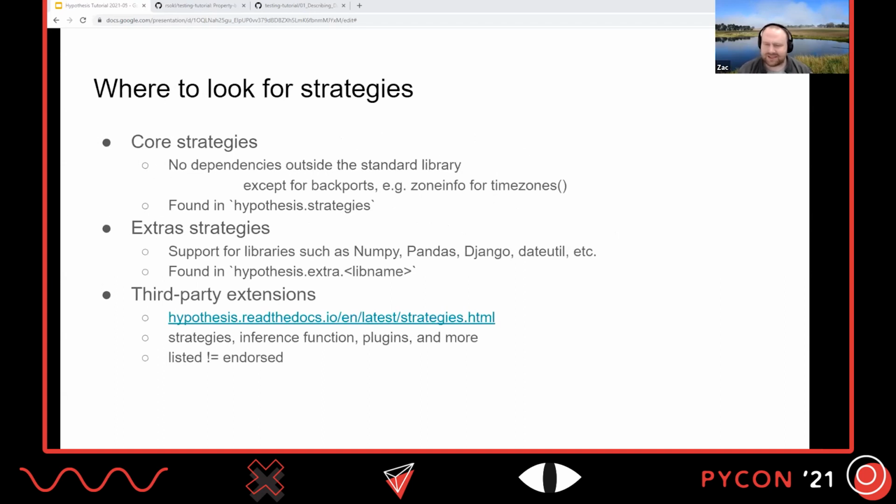All right, last topic for the describing your data section is where to look for all of these strategies. So the first place, of course, is our core strategies. This is the hypothesis.strategies module. These strategies don't have any dependencies outside the standard library. So therefore, standard library and built-in Python types usually. There is an exception. For example, the zoneinfo module for time zones was newly introduced in Python 3.9. So if you're using earlier versions of Python, then you'll need the zoneinfo backport from PyPI to use that